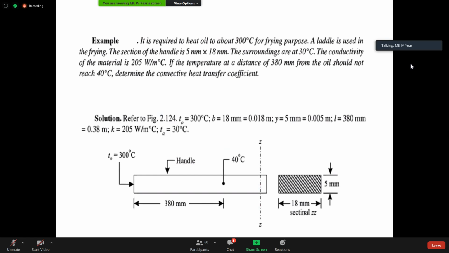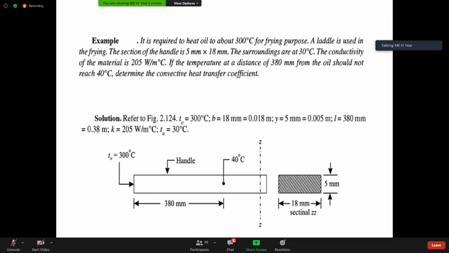So this is a problem. Keep in mind that if it is a long fin, he gives a long rod like that, right? If it is a short fin with insulated end, he will give that in the problem itself. You don't need to worry about it. It is a short fin and it is insulated, or it is a long fin. He gives it, right? And the heat is being dissipated like that. He will be giving that, right?